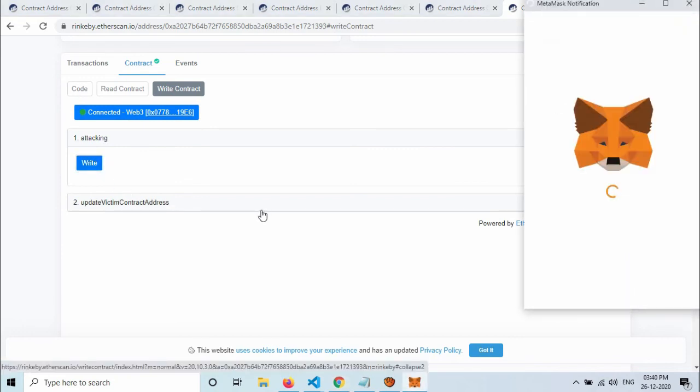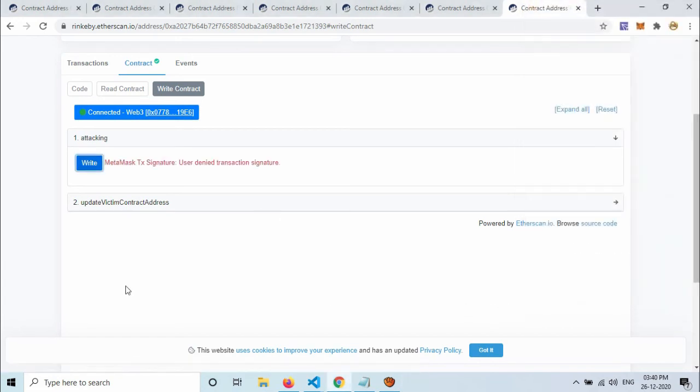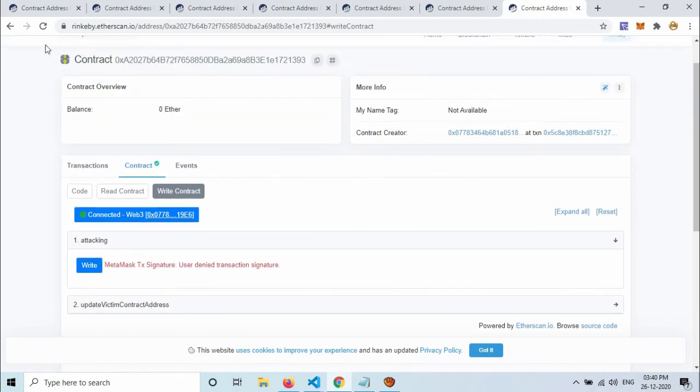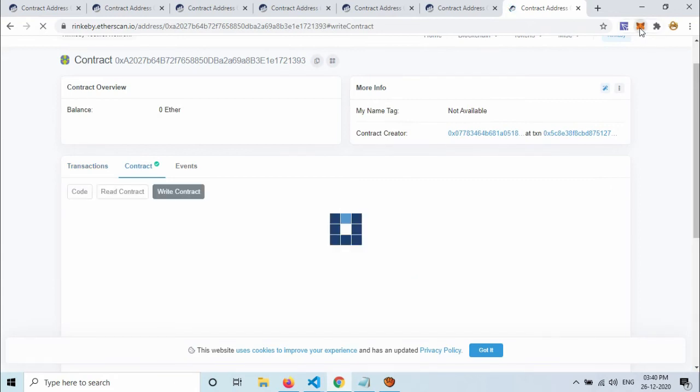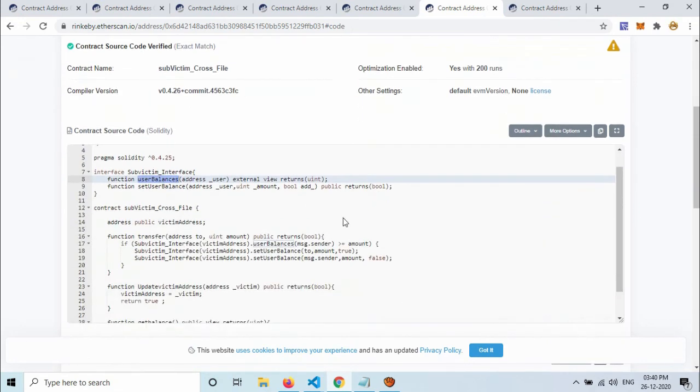One more thing before I do the attack: as we can see in its transfer function, the balance of 2 is being updated, increased from this line.